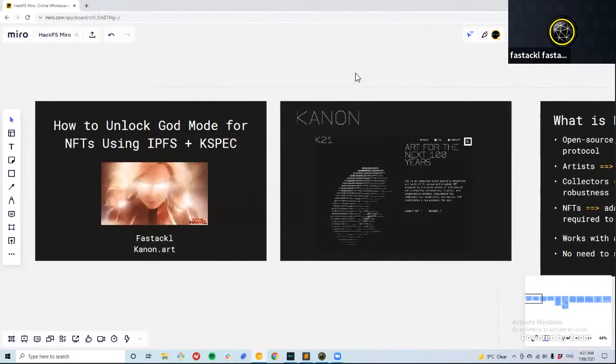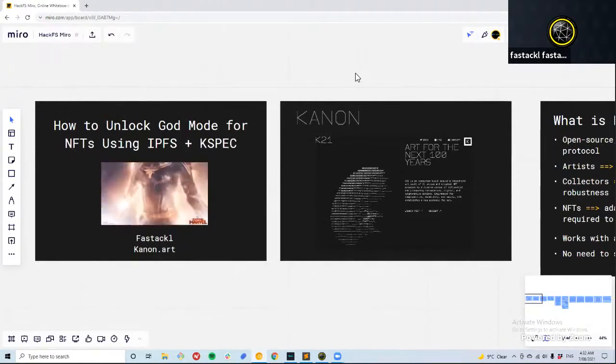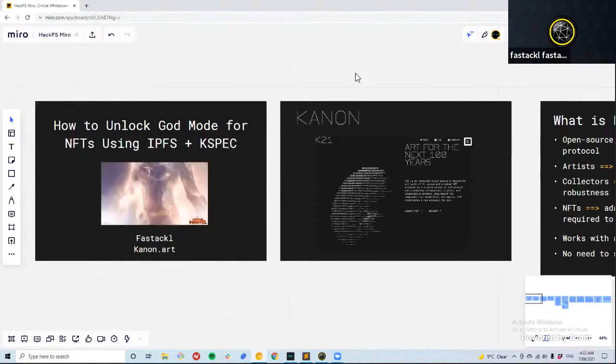Since March, well, from the very beginning, I've been contributing to this collective called Kanon, which is a group of senior museum curators and conservators who are operating pseudonymously. So they all work at the top art institutions of the world. And then a few of us are also technologists with a background in crypto degens, basically React engineers and Solidity engineers. Myself personally, I'm not an engineer, but I've spent a lot of time developing software products and